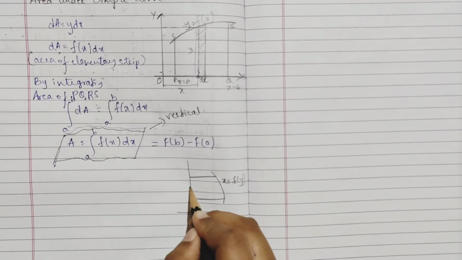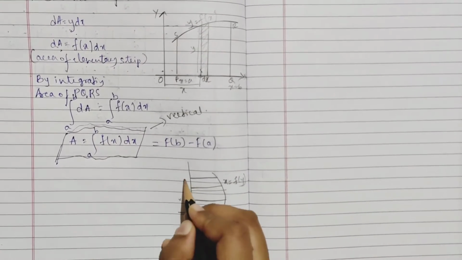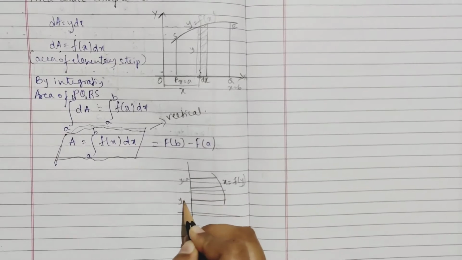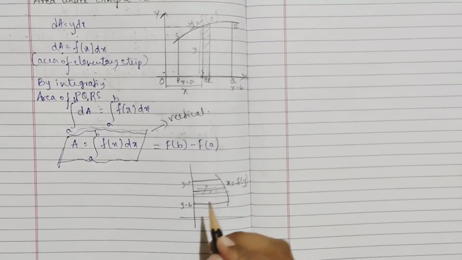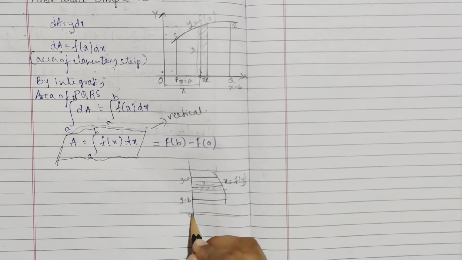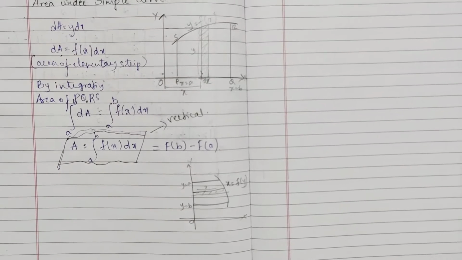This is the same, you will take for your strip, but here how will it be? This will be your y. So y is equal to a, y is equal to b, right? And this will be your y and this will be your x. So about this you will find out in the same way. So just what you can replace here, a